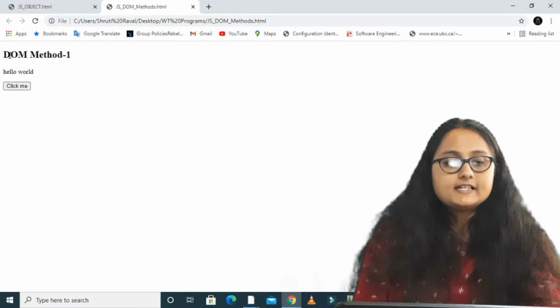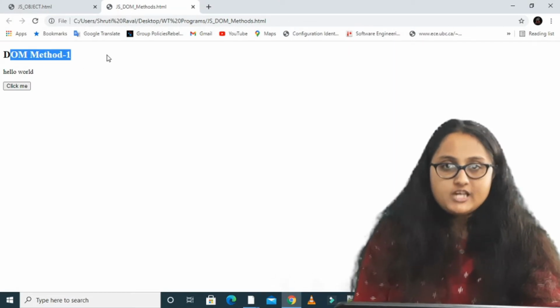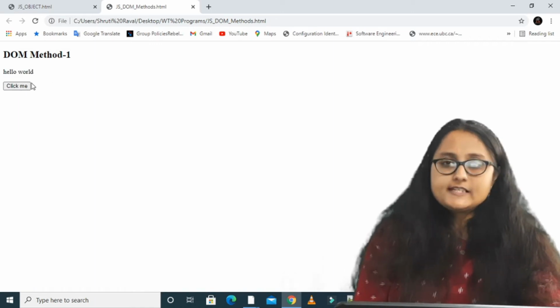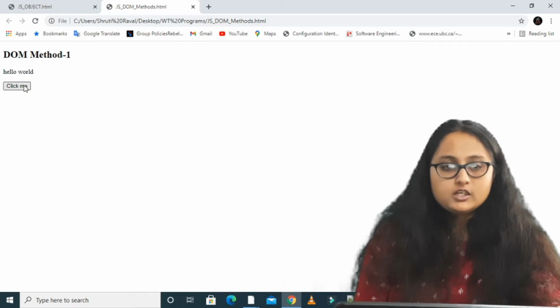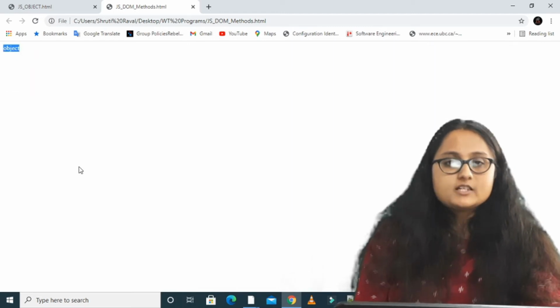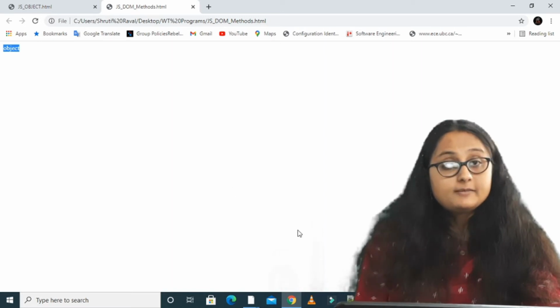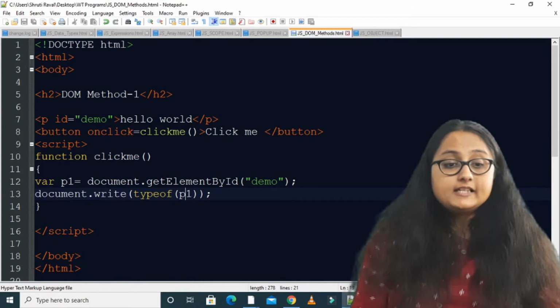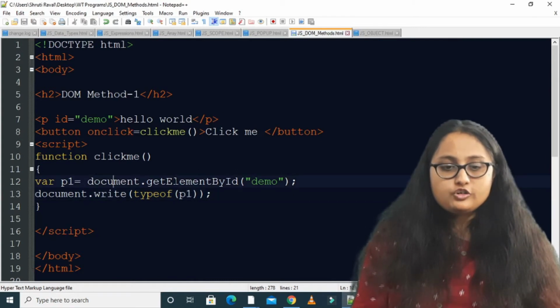You can see that this is DOM method 1 which I have written. Hello world is the paragraph's inner text which I have written. Click me is the button. As soon as I click this, the function should be called. And what is the output I am getting? Object.